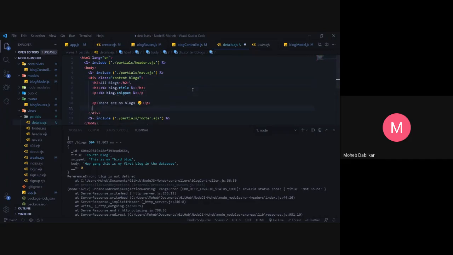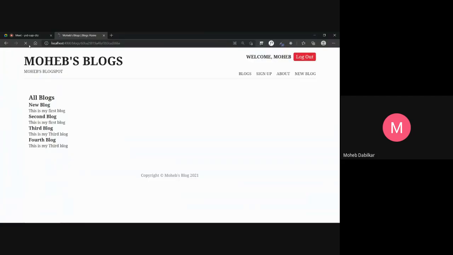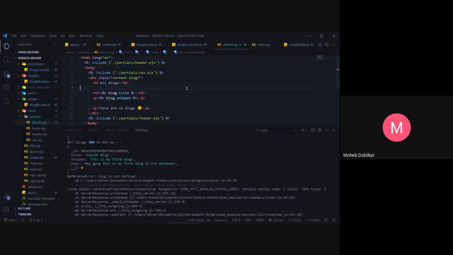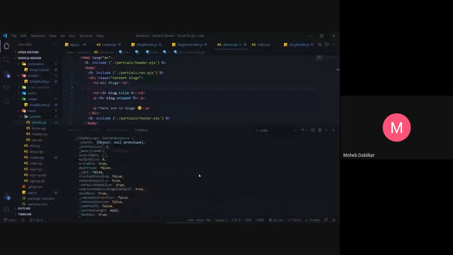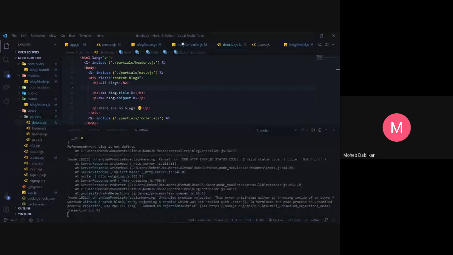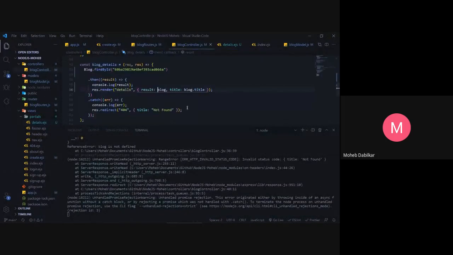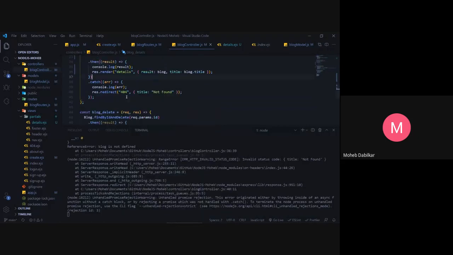We will also be removing this, and removing this. Please work for the sake of God. What is the problem here? Well, for some reason this is not working, so